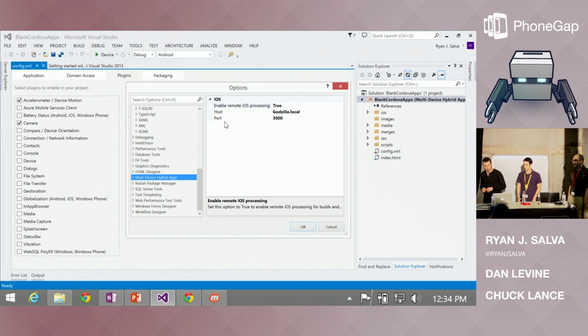So from here, I just tell it the instance of the Mac that's going to be listening for builds: the name of my machine is Godzilla. And then I tell it to listen on port 3000. I could also give it the IP address of my Mac if that is not running in Parallels or it's somewhere else, right? So we're just going to say, okay.